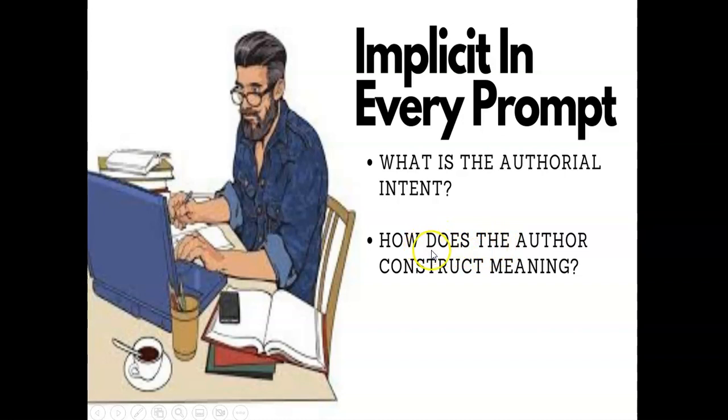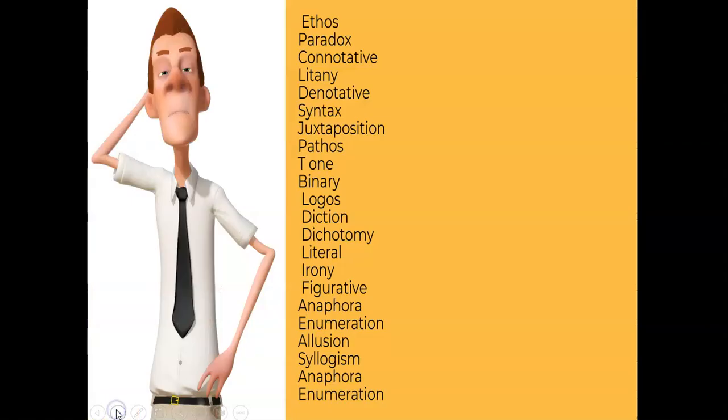And my students usually take 3 sentences to answer how does the author construct meaning. 1 sentence, what is the authorial intent? So the paradigm or the template's ultimately 3 plus 1. It's always going to be 4 sentences long. So on my board, in my classroom, I have this poster. It's a little Velcro poster that I made. And we compile all the terms, devices, techniques that students have seen throughout the academic year. And as they read these commercials or letters or speeches, text, whatever, I tell them find the 3 most salient and put those into your construction of meaning.